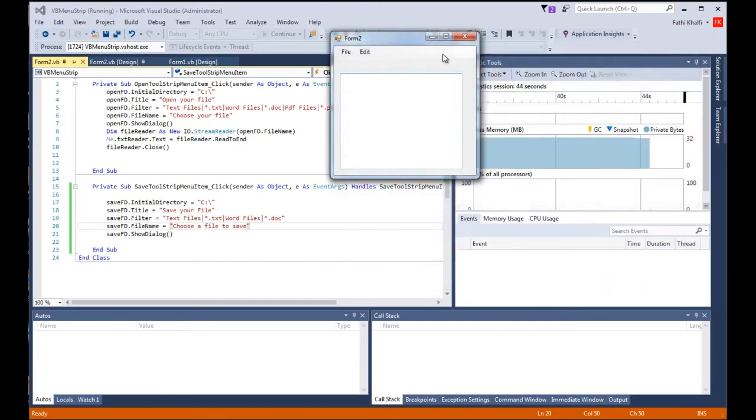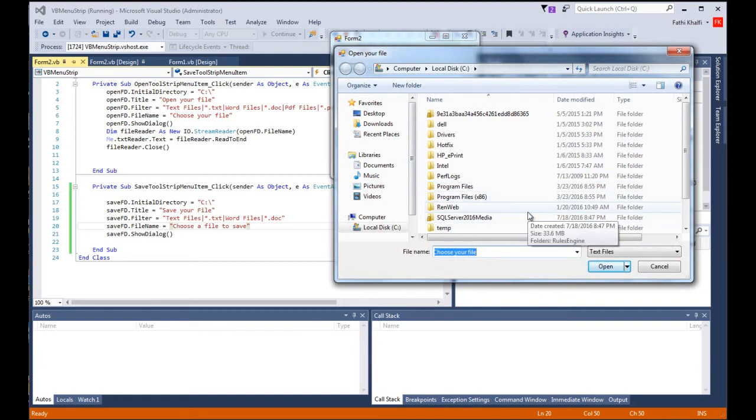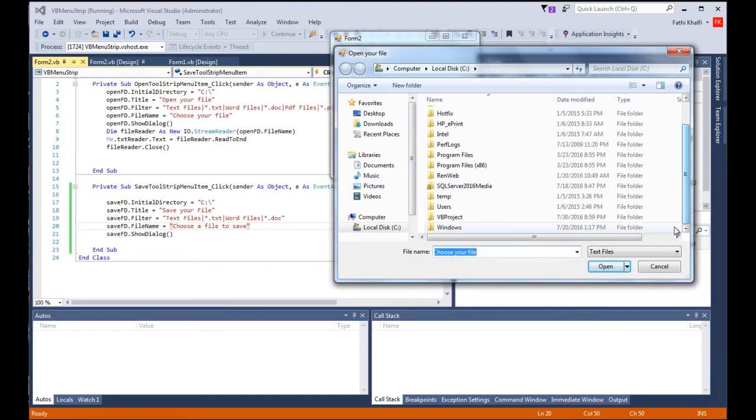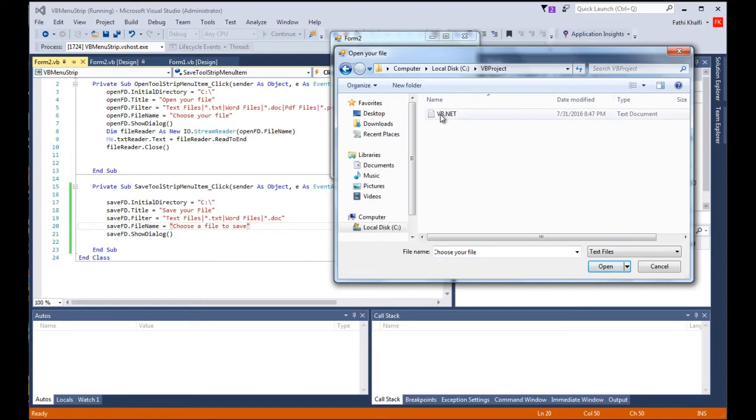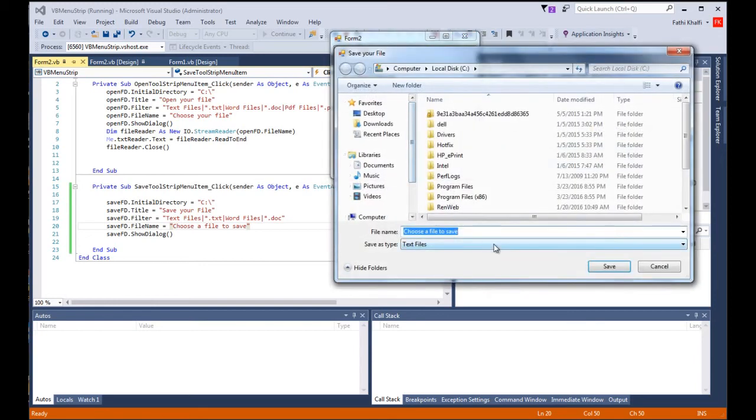All right, I'm gonna cancel. I'm gonna come back here. I'm gonna open a file, go back to the same directory, and click this file. As you remember, I'm gonna click here and say hello, and let's see if we can overwrite this and save the changes. What I'm going to do, I'm gonna come here, say save,